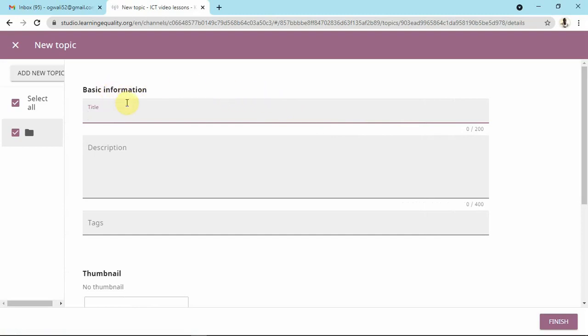And here we have our screen. So from this screen you have to fill in the basic information. Title, we shall have MS PowerPoint videos, so we can put MS PowerPoint. Then give a description of what is contained in that topic or in that folder for that case. So I can say this